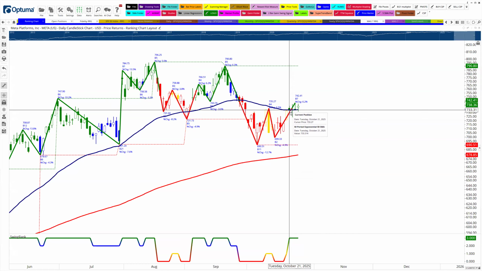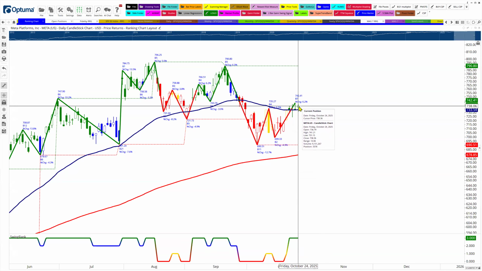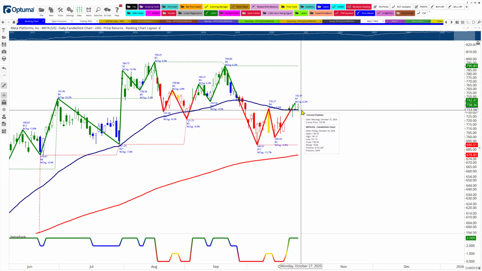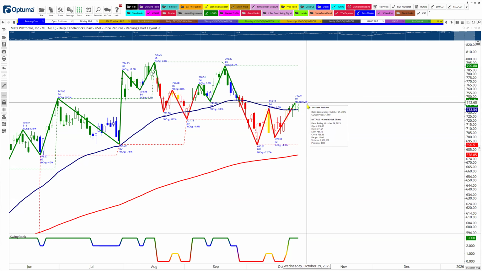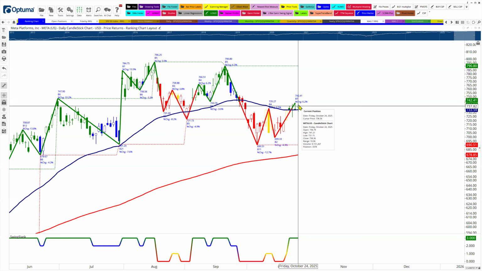Look at Tuesday, the doji candle right on Wednesday. Got a pop, retrace right back on Thursday. And yesterday it got a close above 50. I wouldn't say this is a super giant huge candle, but it has some